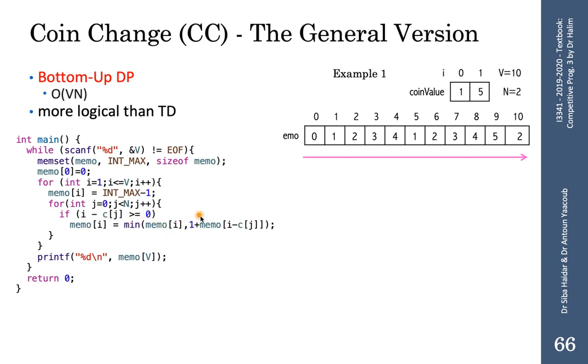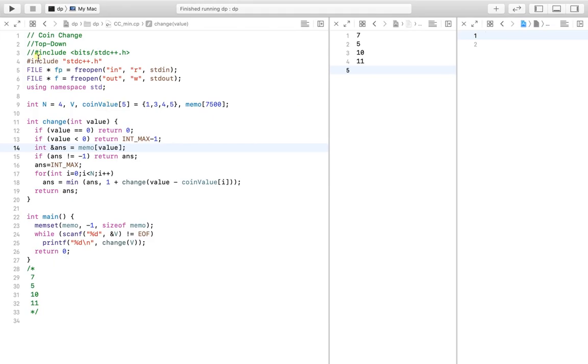So if I can subtract the value of a certain coin, I subtract it directly, and I add only one because this coin is only one piece. And this way I fill the bottom-up approach, and let's see a demo. So let's see the demo. First we will see the top-down approach. Here is our function change, and here is our function main, in which we initialize the